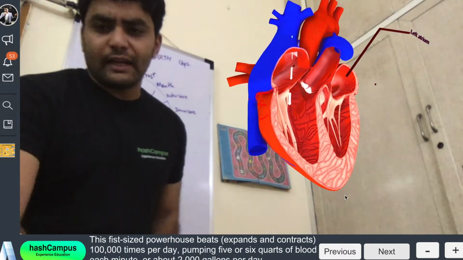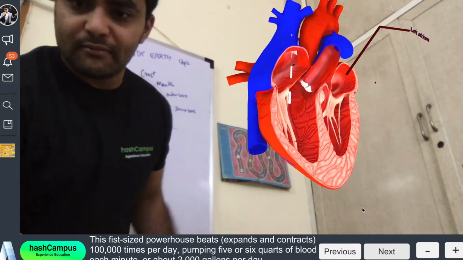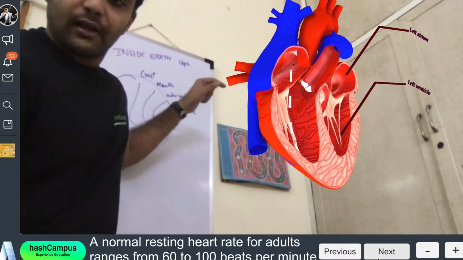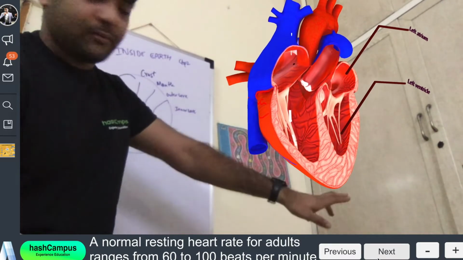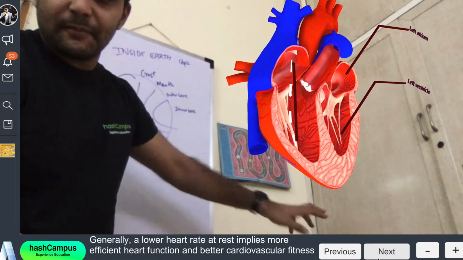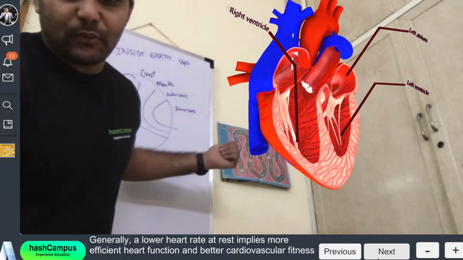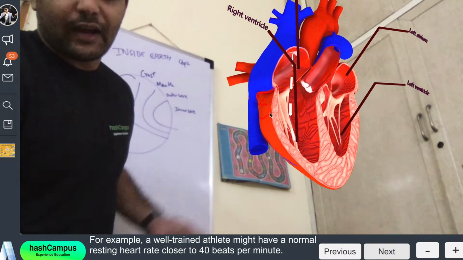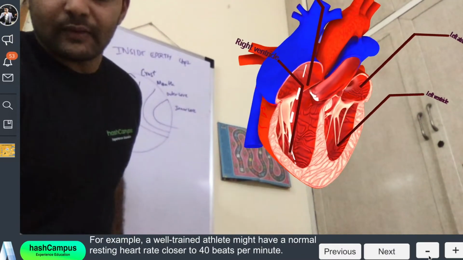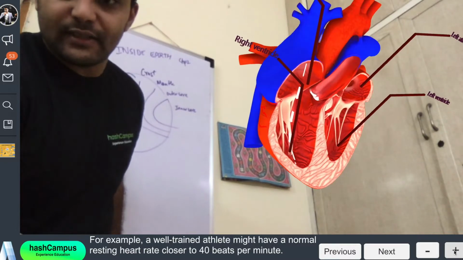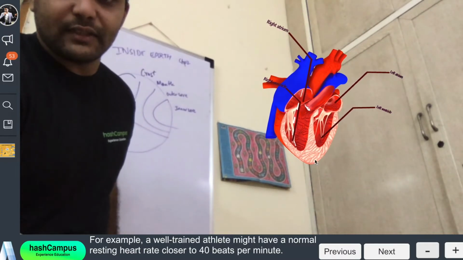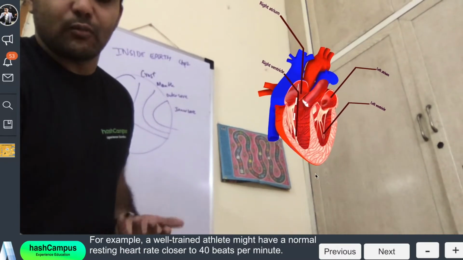We have the left atrium. We have the left ventricle on the bottom left. We have the right ventricle and the right atrium on the top. I can zoom out on the object and zoom in and have a complete 360-degree freedom to move around my